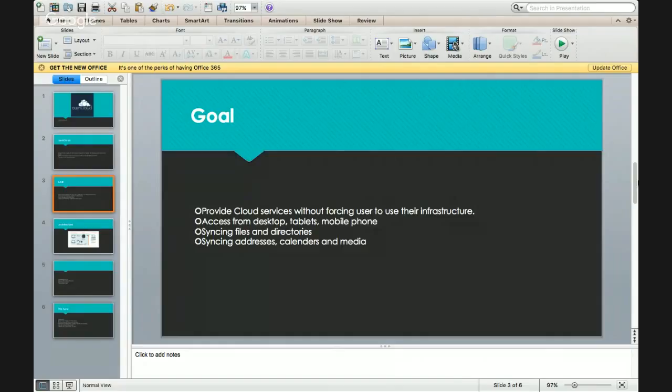They have a card system where each file is assigned a card number, a randomly generated number, and every time you make a change to one of your files, the number changes, and then OwnCloud knows that the file has been changed, and it goes ahead and updates it on the server.